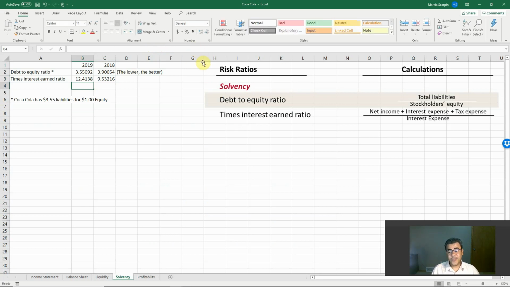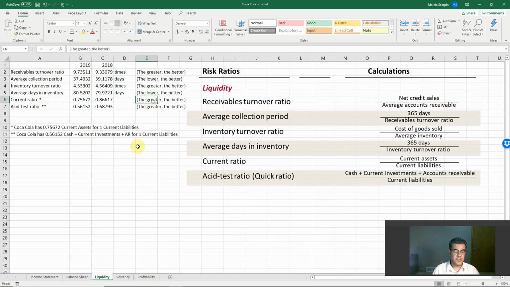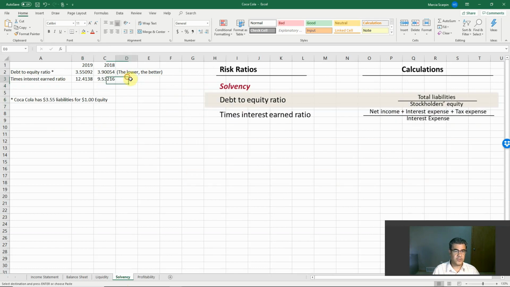What do we have here? Okay, we have a lot of liabilities. However, we have a lot of money to pay our interest expense. So the interest expense is not hurting our income, and it is better now because this ratio here is also